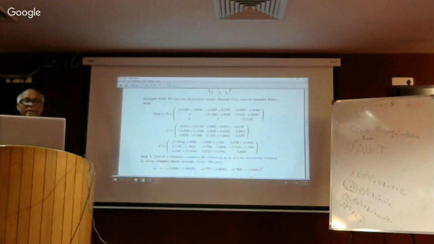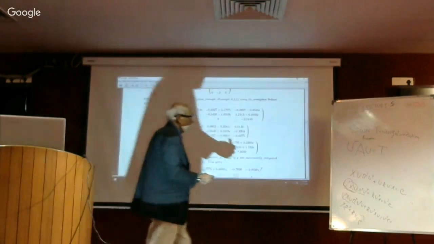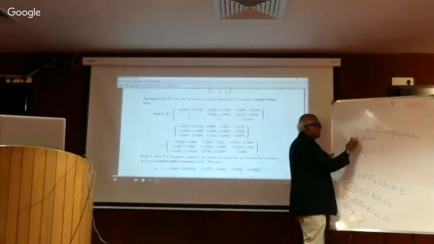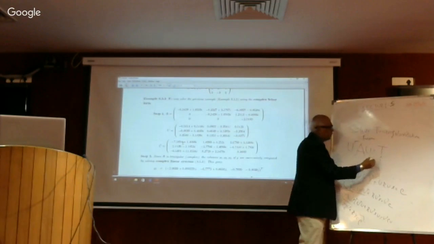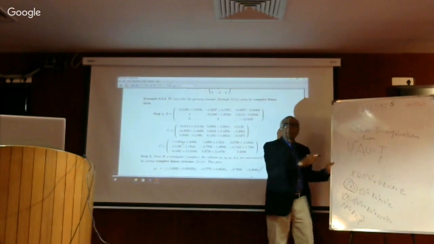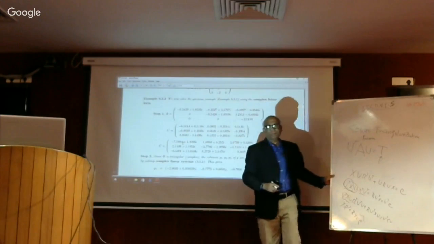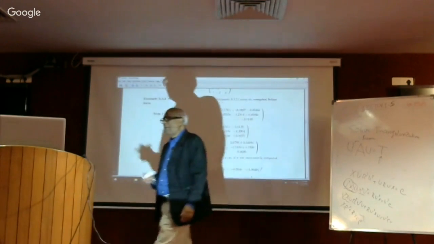By the way, MATLAB has a command to compute the Schur form that we talked about, this complex Schur form. This is called the Schur matrix because it was discovered by the mathematician Schur. So this is the complex Schur triangulation, and MATLAB has a command to do that too. Okay. So if you use the MATLAB command,